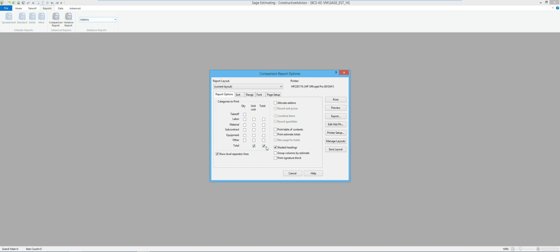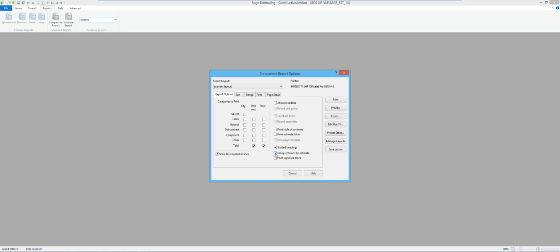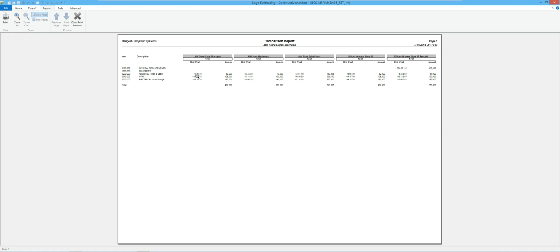If I'm looking at multiple columns, if you notice right now, it's grouped all my square footage stuff together and all my total amounts together. You might group your columns by estimate. So in this case, it would say there's the square footage and the job size for that one, and there's the square footage and the job size for that one. Depending on how you want to look at it, it comes in real handy for going back and doing some comparisons. So there again, it's just another way to figure out if I've got incomplete or inaccurate estimates, by comparing them against other jobs that I've got out there.